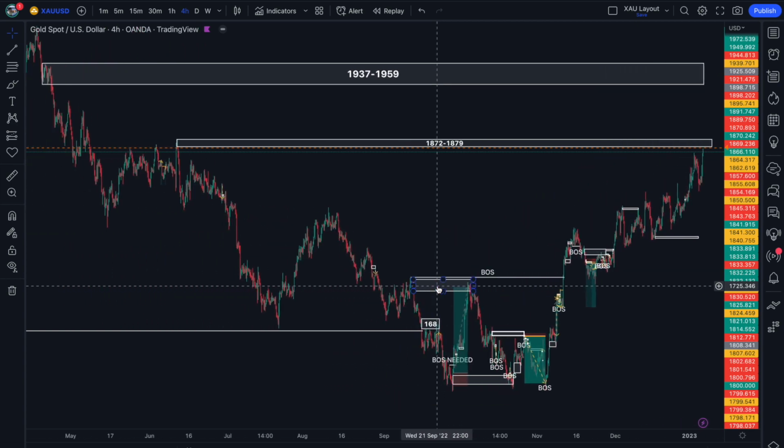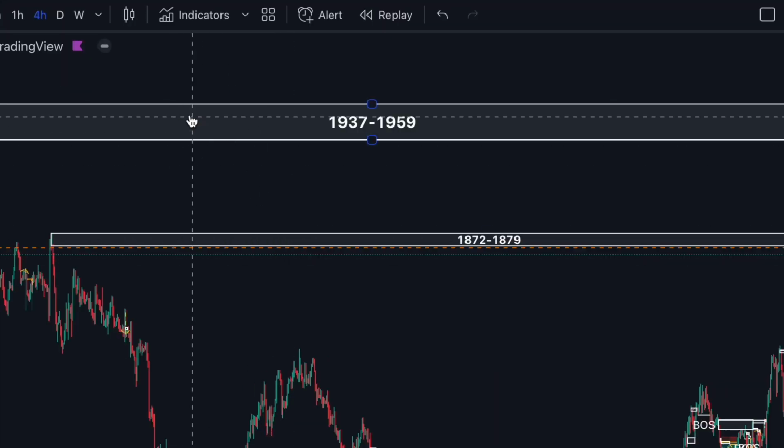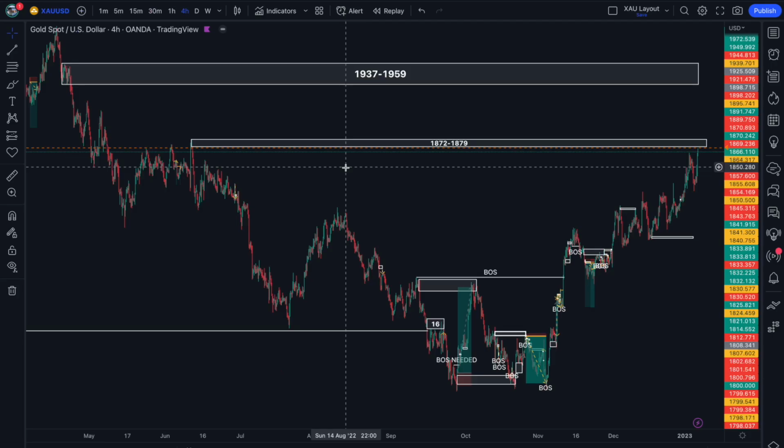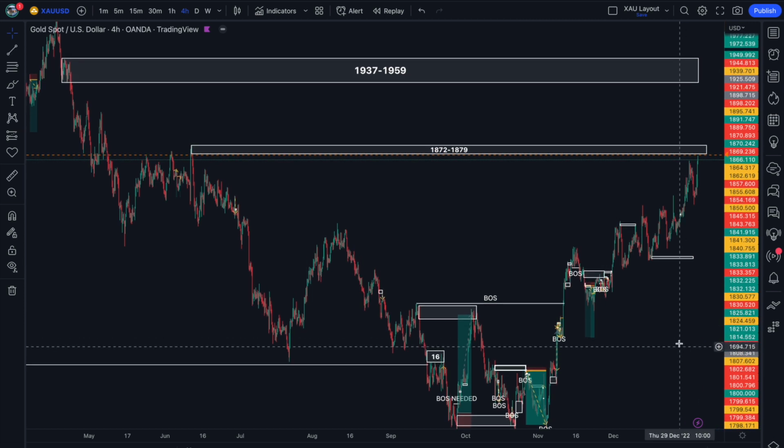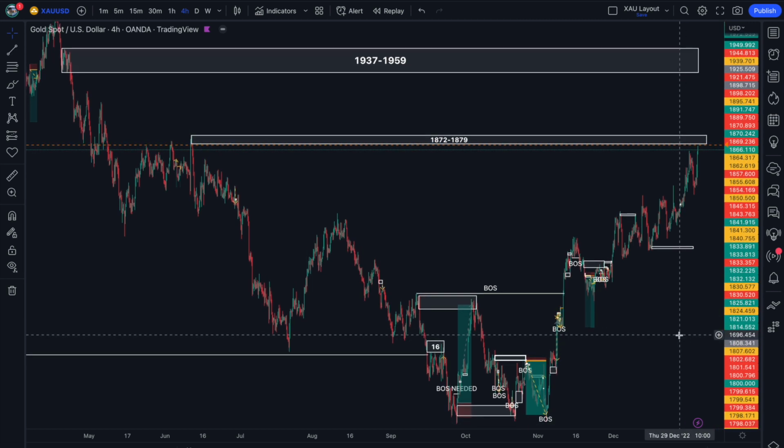Now, what I've done here is I've marked out 2 zones. So if you haven't marked these 2 zones out yourself, pause the video and mark them out, because these are going to be areas that we can actually look to trade from. We can look to place sell positions from these zones, assuming we are delivered with the right confirmation and confluence in order to do so.